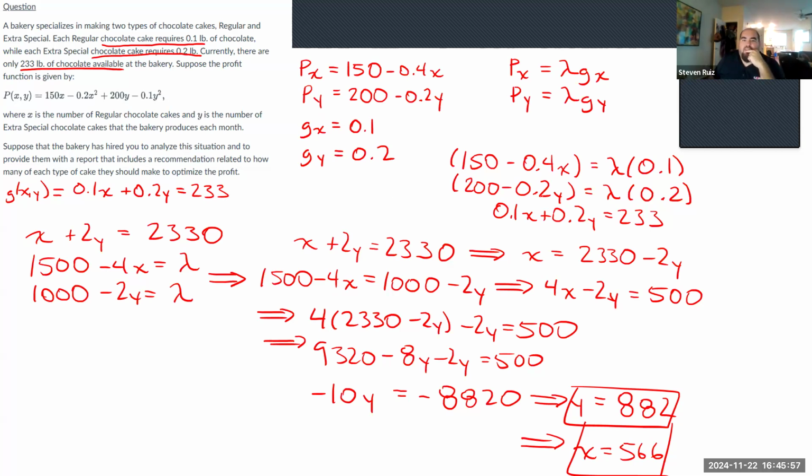So I multiplied both sides by 5, right? Okay. Let me just talk myself through this. So I multiplied both sides here by 5, so that I got rid of this 0.2. 5 times 200 is 1,000. 5 times 0.2 is 1. Okay, so